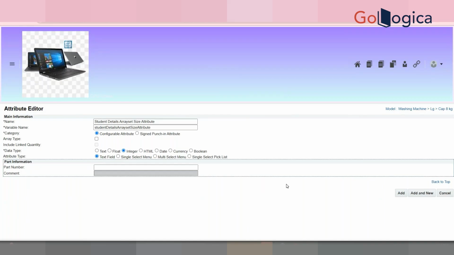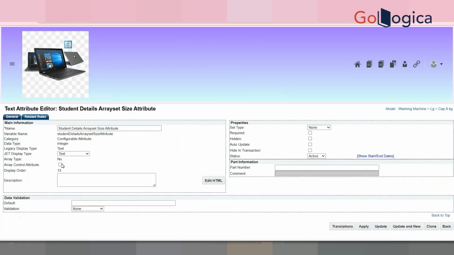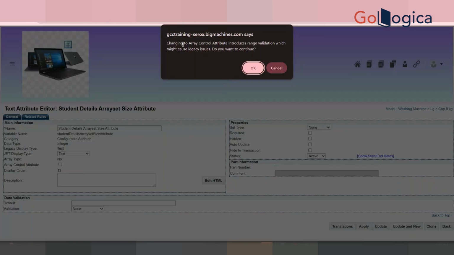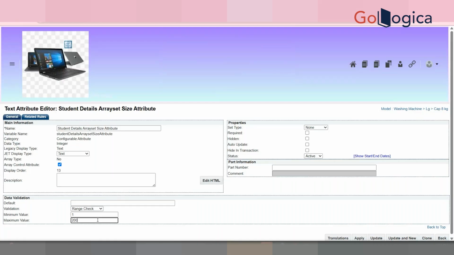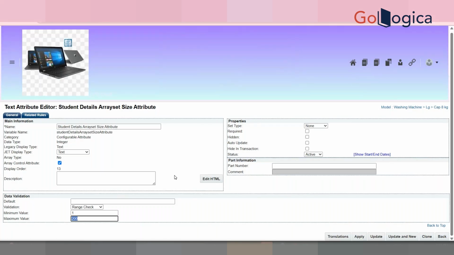The moment you click on add, it will ask you array controller attribute. So on this checkbox, once you enable this, it is asking: changing to array control attribute introduces range validation, which might cause legacy issues. Do you want to continue? Click on OK. Once you make something an array control attribute, which is of integer type, the maximum value will be 200, minimum value will always be 1. Okay. Now I'm clicking on take